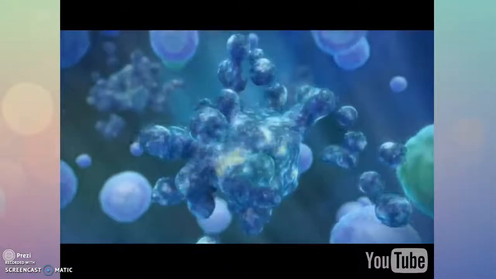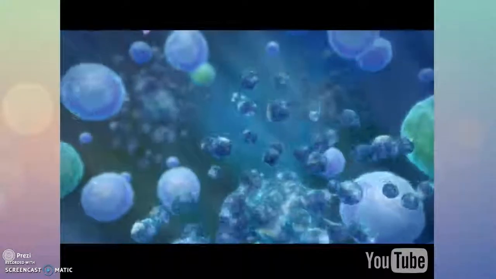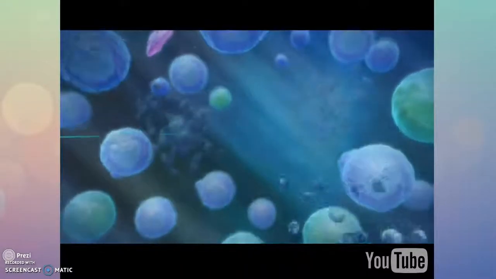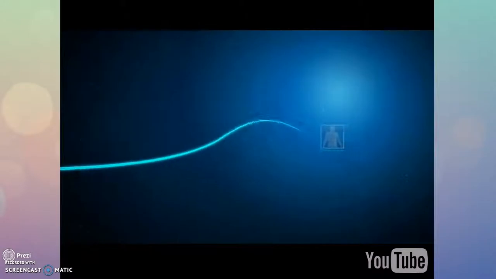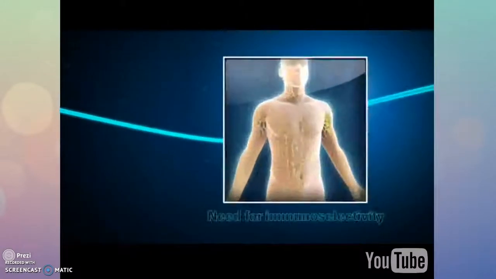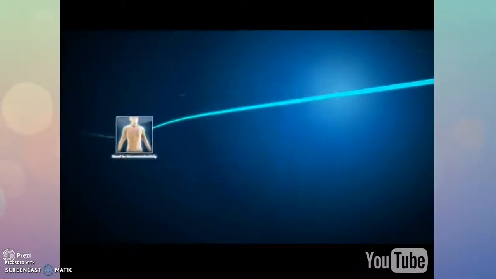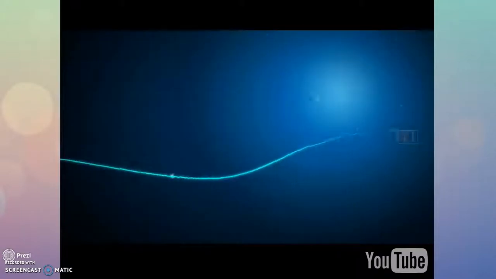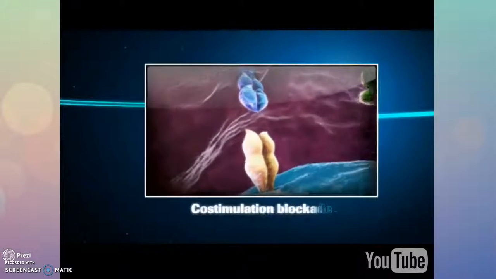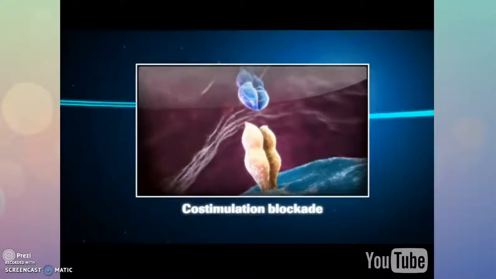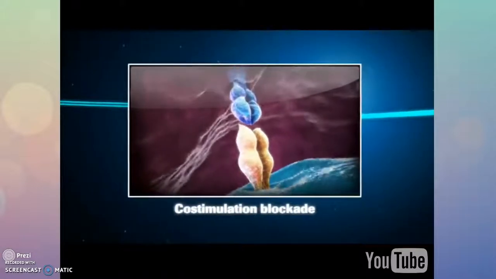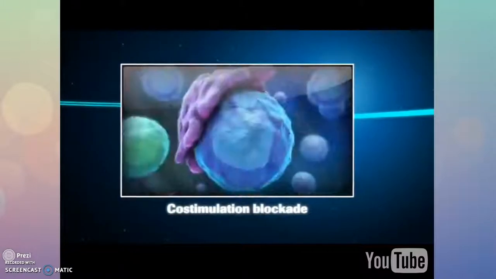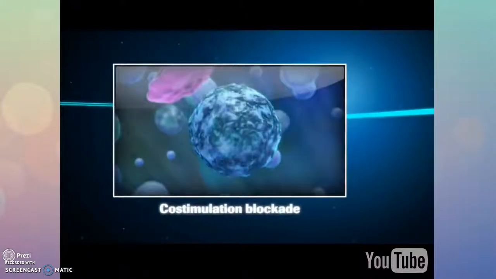Since CD28 is expressed predominantly on T cells, this pathway offers the potential for immunoselectivity, possibly reducing the toxicities that may be associated with less immunoselective agents. Co-stimulation blockade via inhibition of the CD28 pathway is a therapeutic approach with the potential to improve long-term graft and patient